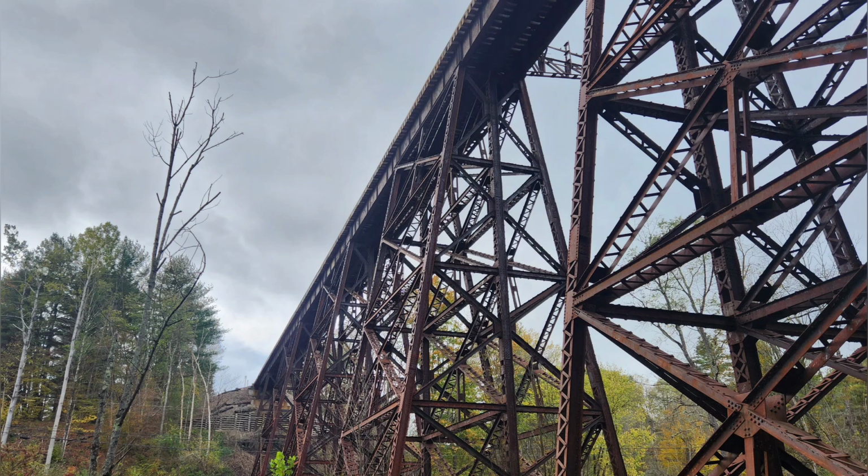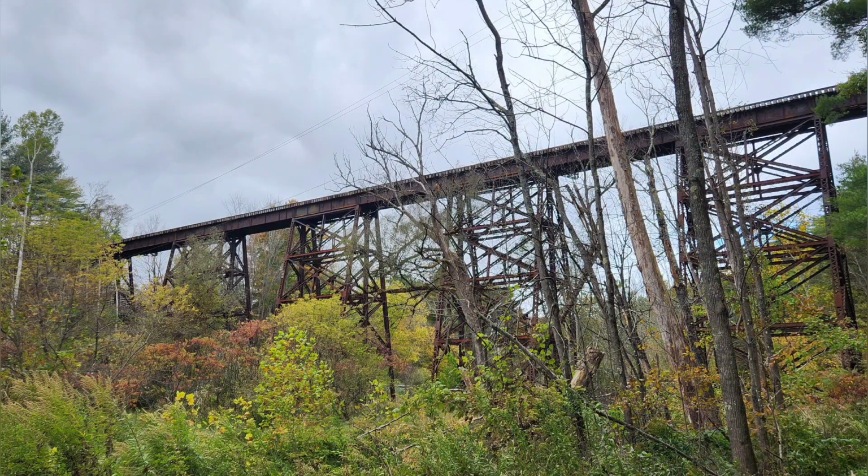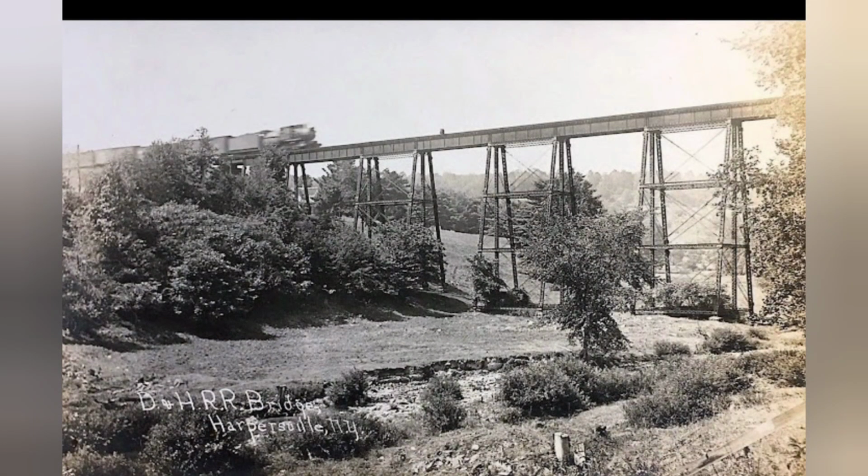The famous Harpersville Trestle. This is one of the most historic landmarks on the entire D&H. Harpersville has seen a number of trains over its years. The trestle has made it all possible for the D&H to get from one side to the other. The Harpersville Trestle has seen everything from camelback locomotives,